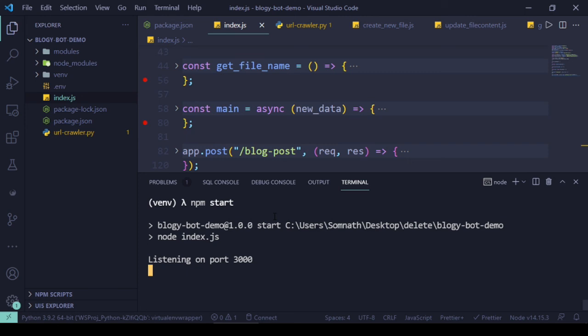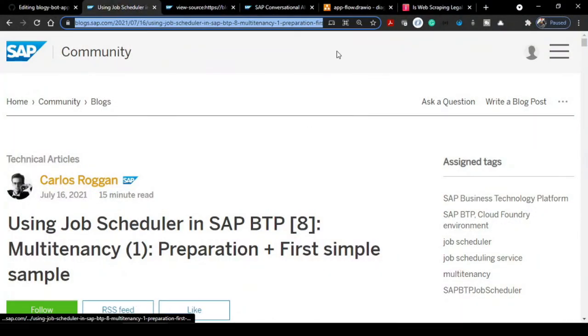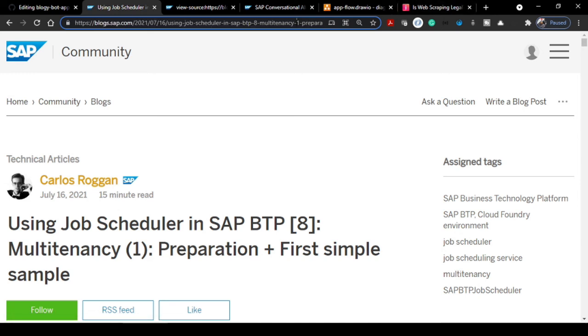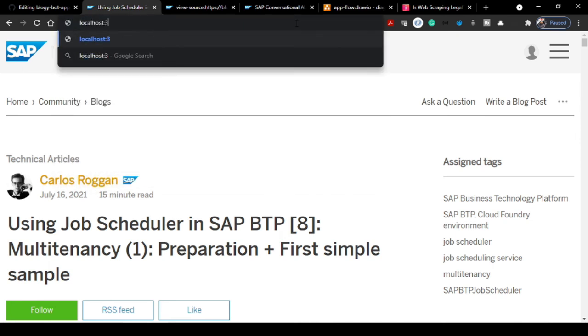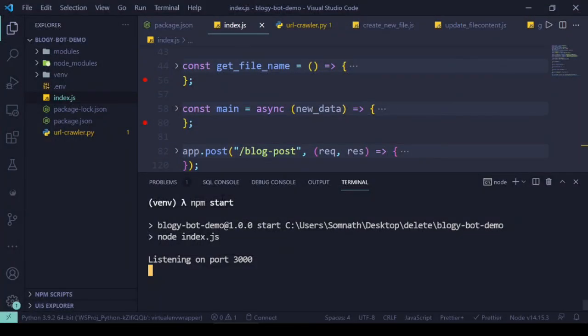Voila, it's listening on port 3000. Let's go to port 3000 now. Let's do localhost 3000. Yeah, it is giving a cannot get, which is perfectly fine because our endpoint is different.